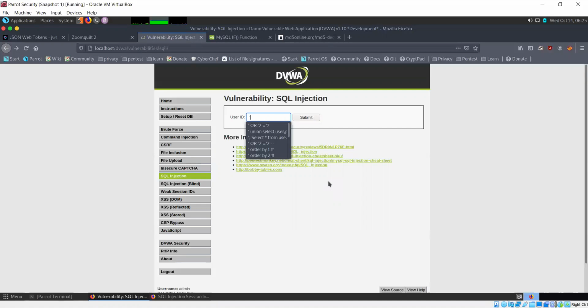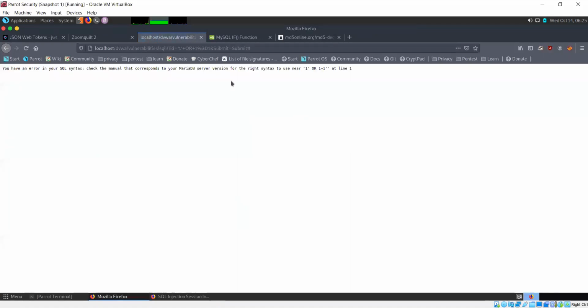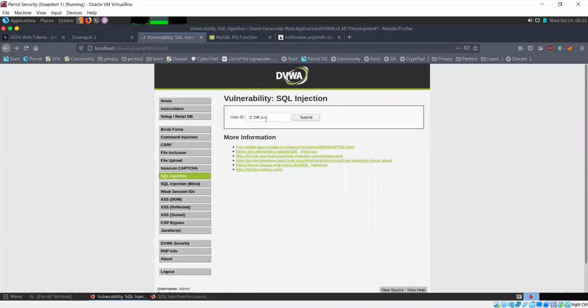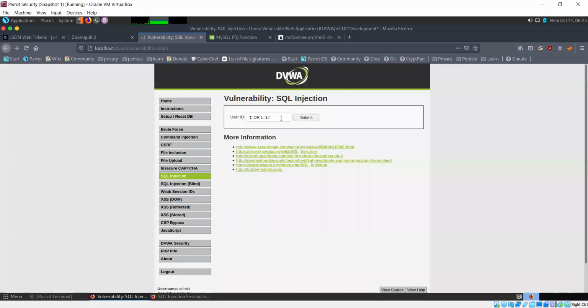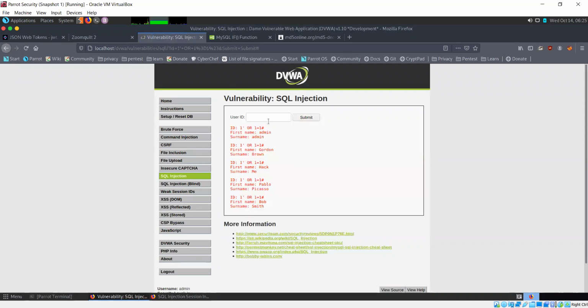If I run this, or 1 is equal to 1, of course, error in syntax. Let's just use the previous syntax. Yes, this is the error. 1 or 1 is equal to 1. So when I ran my SQL query, it used to show me all the results here. All the results would be visible.